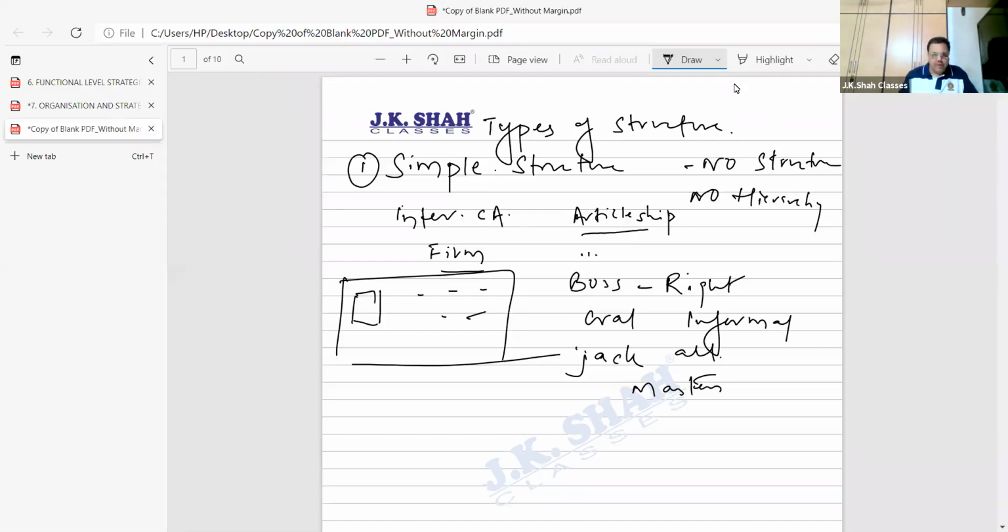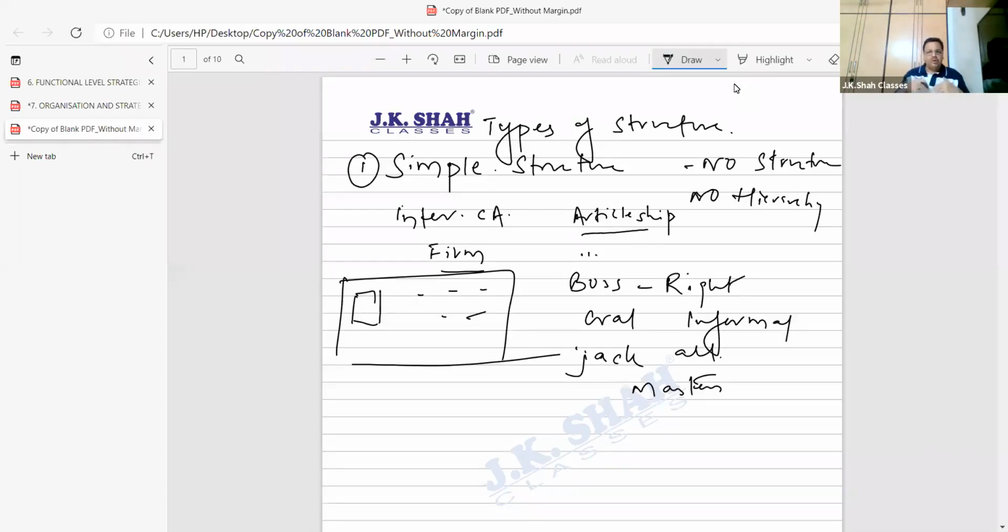Simple structure, bacha, when a small business is conducted. Right? Here you find growth opportunities are not there as such. Why are growth opportunities not there? Because the boss doesn't want you to grow. Reason? The day she becomes a chartered accountant, she and the boss will become equal. So the boss would be very happy if Harshita only says, okay, sir, thank you very much for all that I've learned from you, and I'll send a cake tomorrow. Now I'll start my own office. So that kind of understanding will be there.